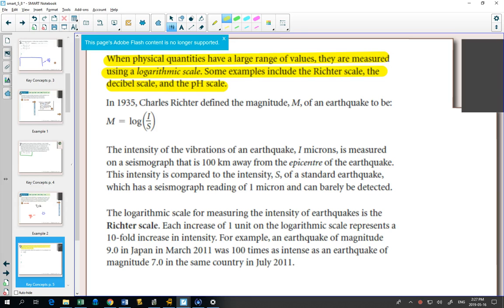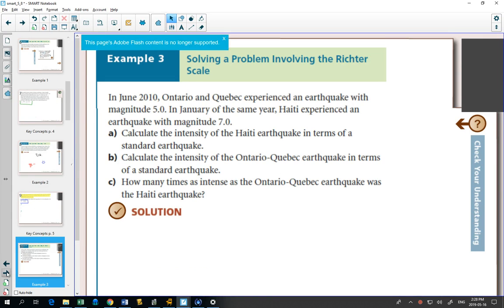So the Richter scale formula is right here, and it says that the magnitude of an earthquake is equal to the log of the intensity compared to the intensity of a standard earthquake. And what a Richter scale does is every time you go up by 1, your earthquake is 10 times more intense. So when we look at the first example here,